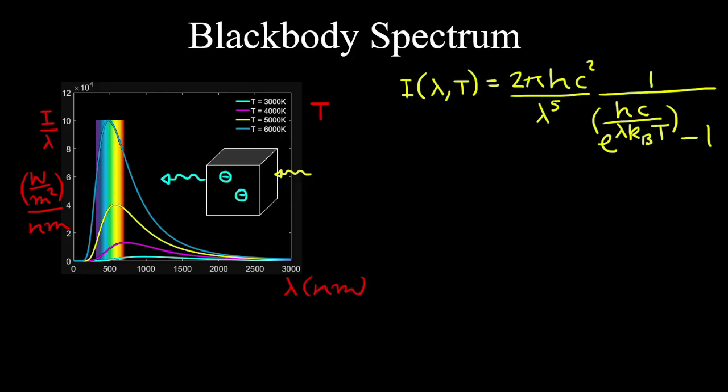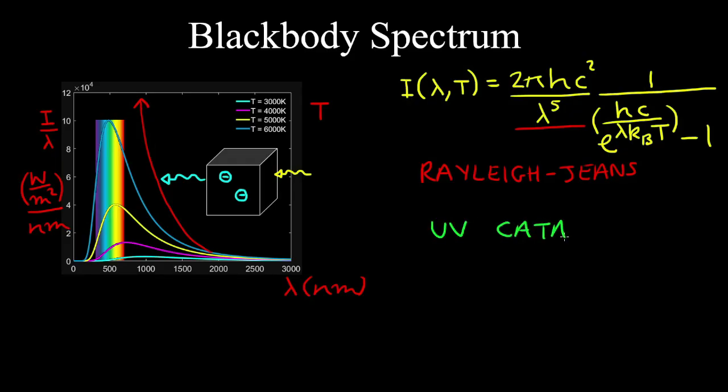So in classical physics, you have the Rayleigh-Jeans equation, which is this first part of Planck's blackbody radiation law. So that predicts that the intensity of light will increase indefinitely with a decreasing wavelength. But this creates the UV or ultraviolet catastrophe, because as we know, when we heat up a piece of metal, for example, like a frying pan, we don't get exposed to X-rays or gamma rays, which are quite deadly.